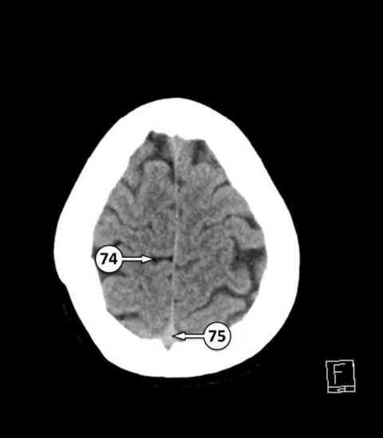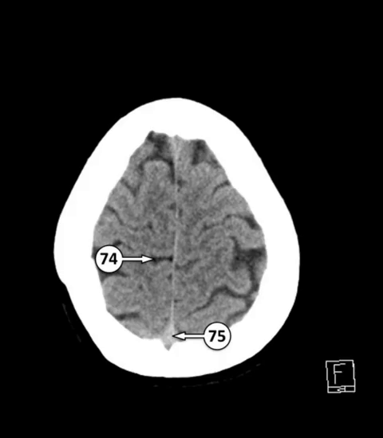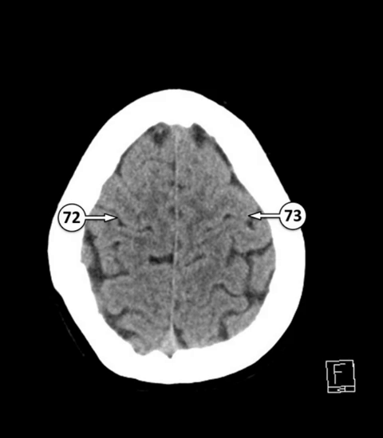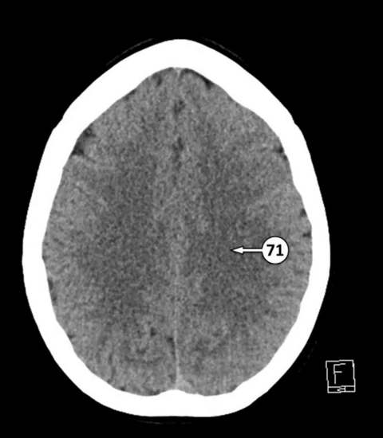Let's do it again, this time in reverse. Cranially to caudally, very quickly now. Again, here we encounter the falx cerebri, number 76. 74 is the pars marginalis, and 75 is the superior sagittal sinus. 72 is the central sulcus of Rolando, and 73 is the hand bump of the precentral gyrus. We are moving caudally.